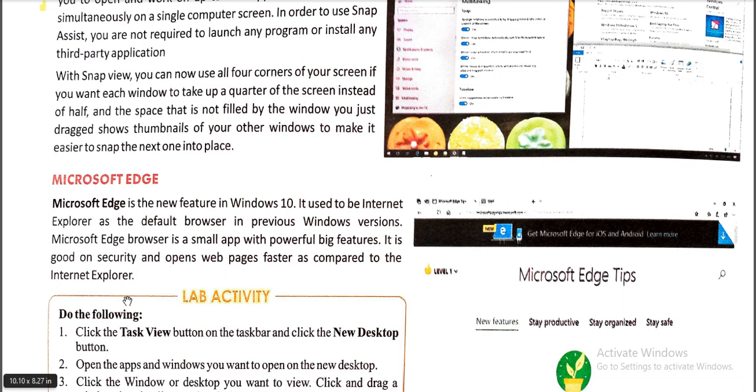In my words, I'm going to explain what is Microsoft Edge. Microsoft Edge is a web browser developed by Microsoft. It was first released for Windows 10 and Xbox One in 2015, then for Android and iOS in 2017, and for macOS in 2019. Edge includes integration with Cortana and has extensions hosted on the Microsoft Store.